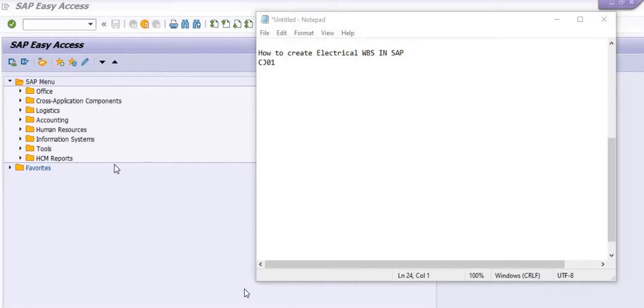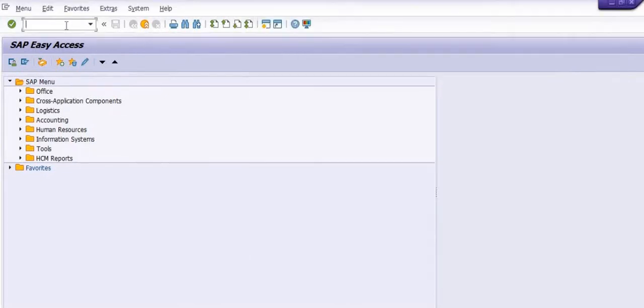Hello, welcome to all. Today we are going to discuss how to create the work breakdown structure, that is the WBS, in SAP, right? So we will discuss each and every step in detail, okay? Here we are going to create the electrical WBS, but I repeat again, if you are going to create the